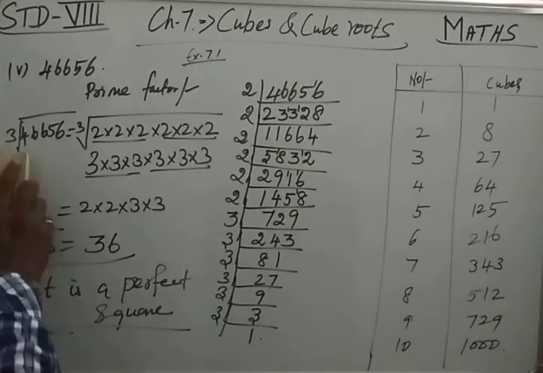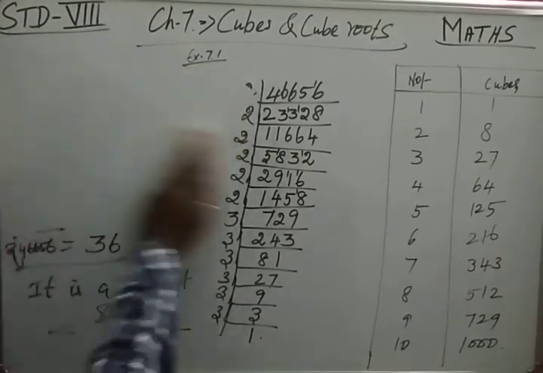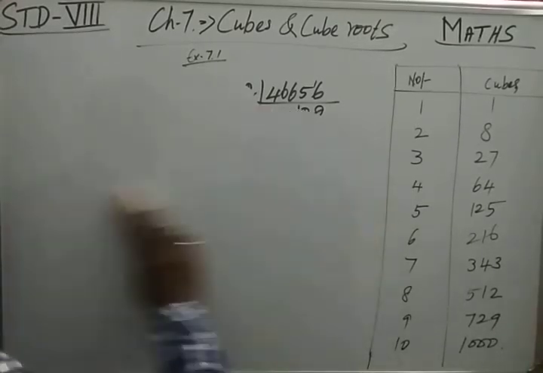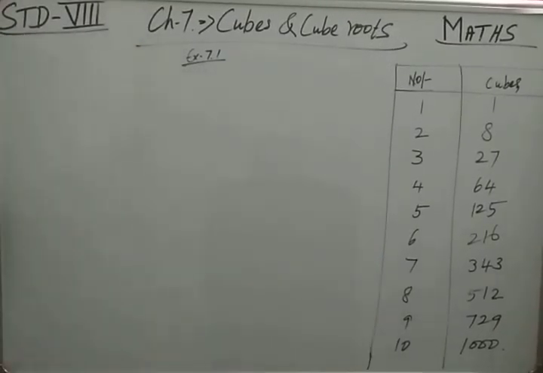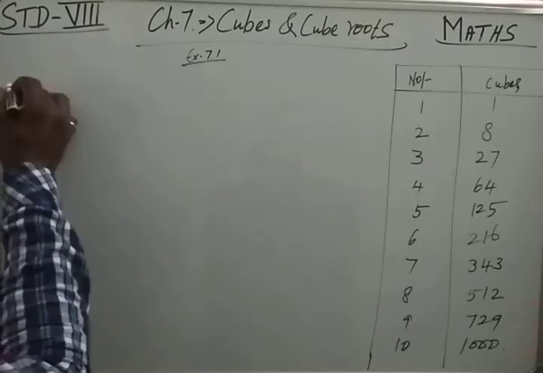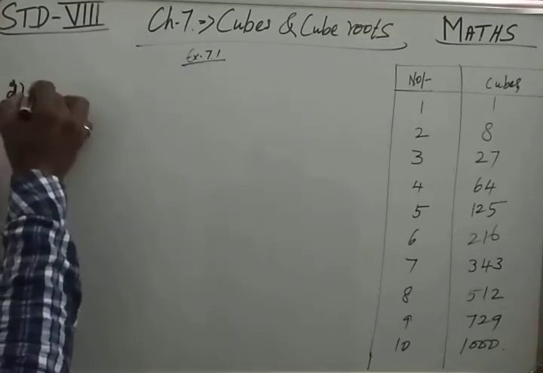Going for the second one, they have given over there. Find the smallest number by which each of the following numbers must be multiplied to obtain a perfect cube. This is also same like a 6th chapter 1. They are asking you how to get the minimum value to get a perfect cube. Which is the number we need, that we have to find out. First question they have given there, 243.